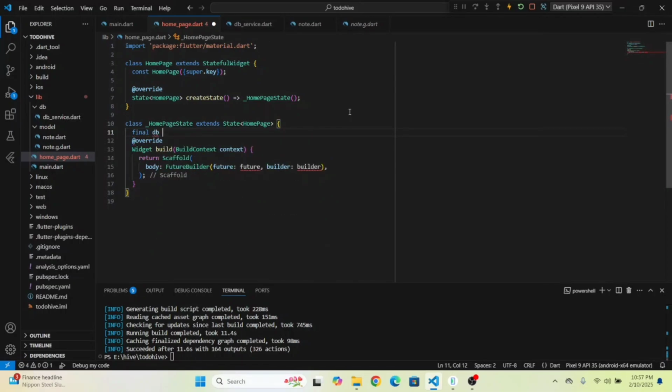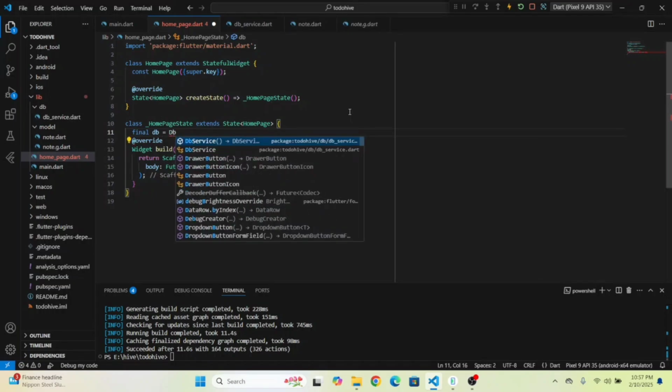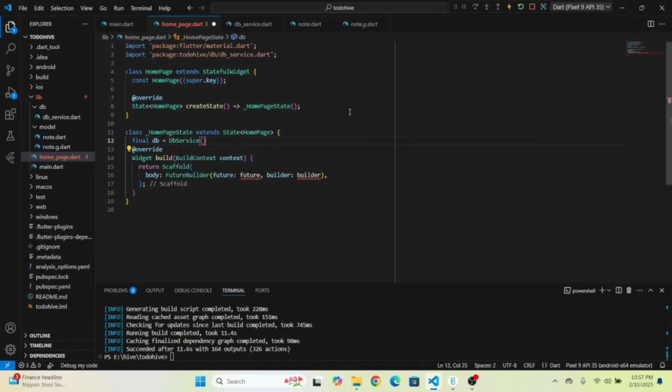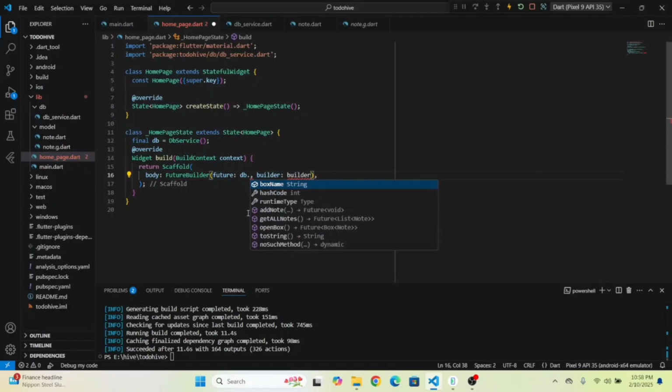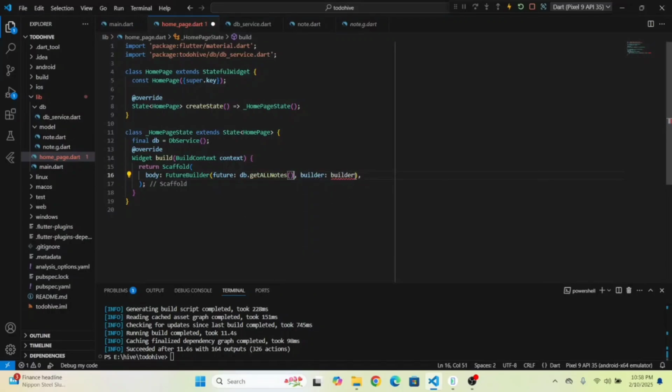Let's say db equals to DBService. Okay, cool. Now over here, this will give us, let's get all nodes, and in the builder,